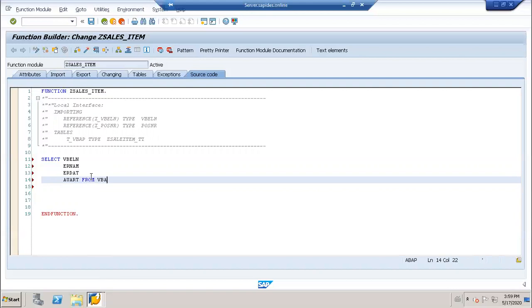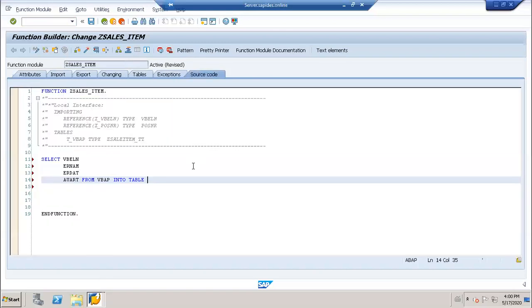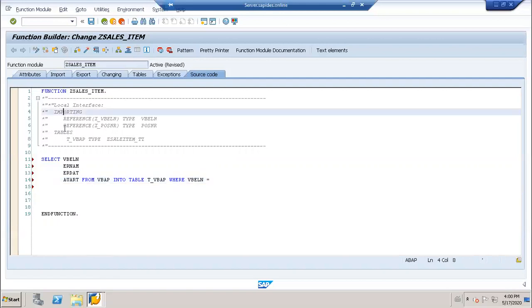Select from VBAP into T_VBAP where VBELN. Can you see, once you write the source code, it is showing importing and table parameters.